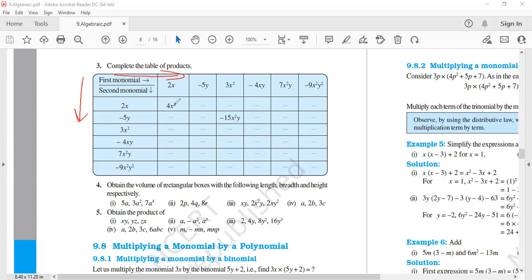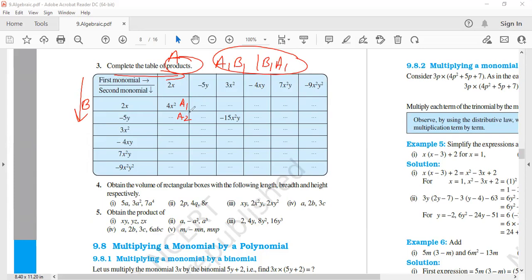Now the first polynomial, the first column, will be written in this way, and the second column in this way. As given, we have to complete the table with the multiplication of the given two monomials. The multiplication will come at the intersection of both the cells. If you have seen Excel sheets, suppose this is A and this is B, then the address of the cell is A1 and B1.